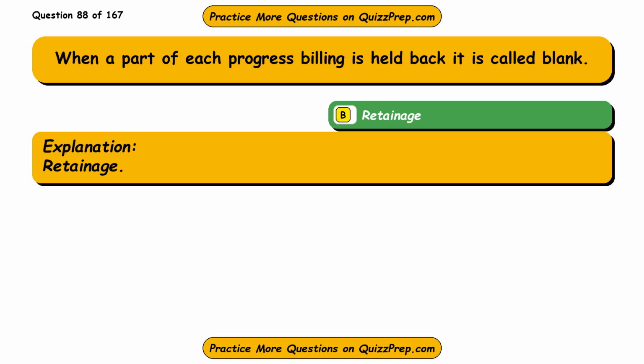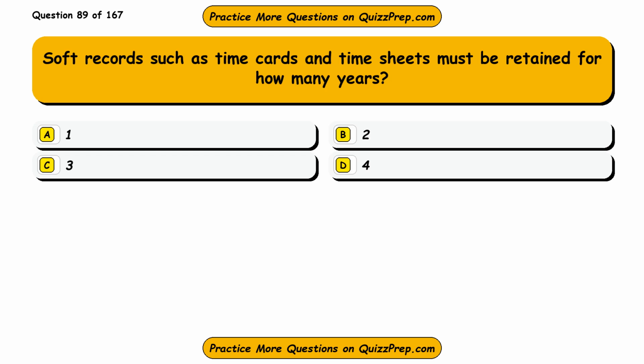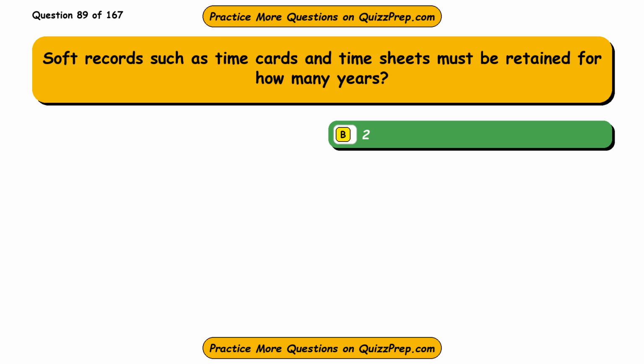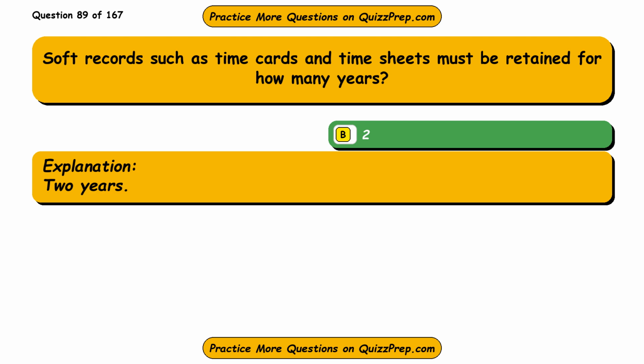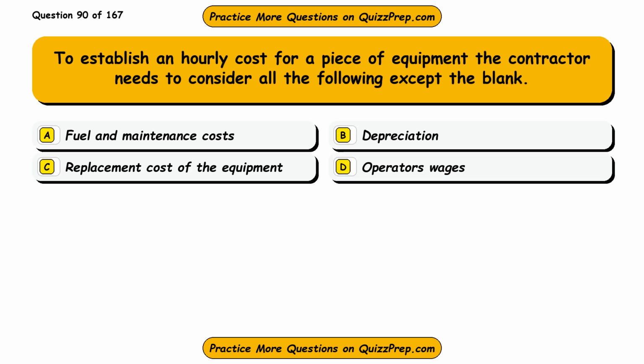Retainage. Question 89. Soft records such as time cards and time sheets must be retained for how many years? Option A, 1. Option B, 2. Option C, 3. Option D, 4. The correct answer is option B, 2. 2 years. Question 90. To establish an hourly cost for a piece of equipment, the contractor needs to consider all